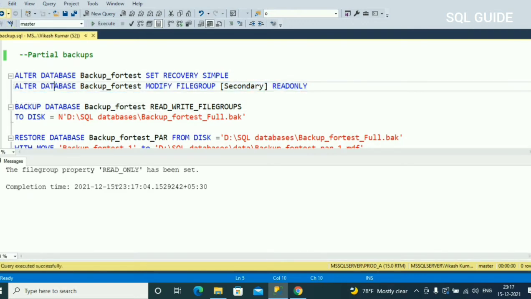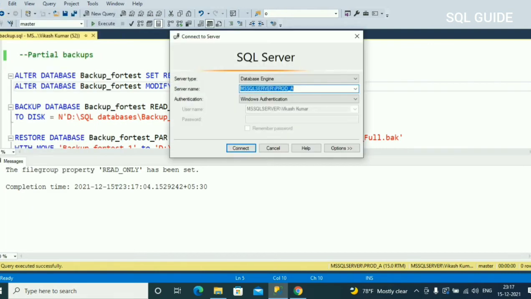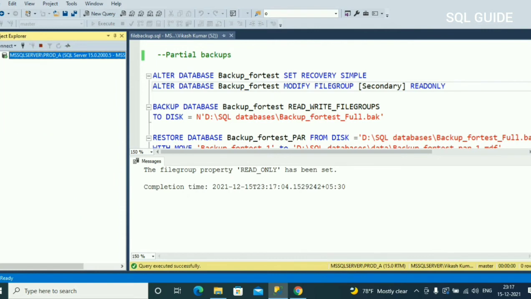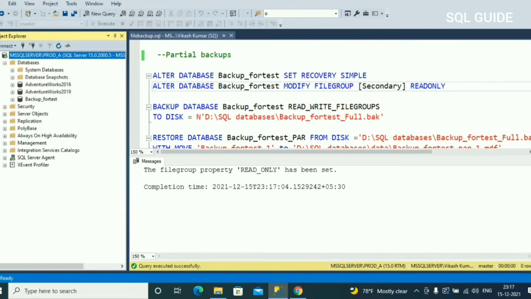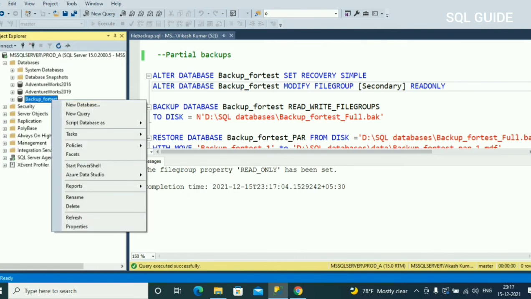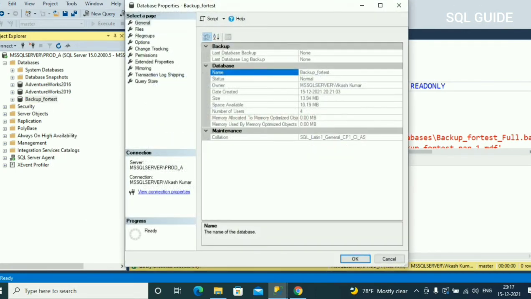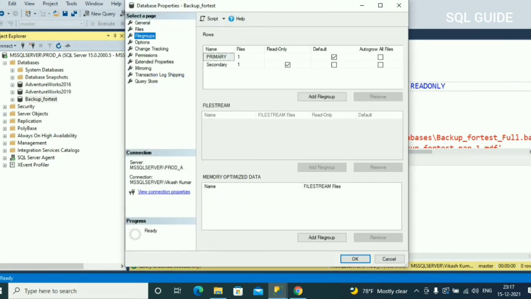Okay, it's fine. You can verify, connect to the server here. Go to database backup for test and see the file group status. Now you can see the file group is in read only status.